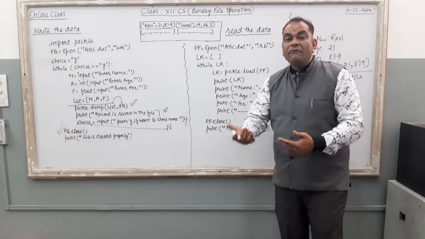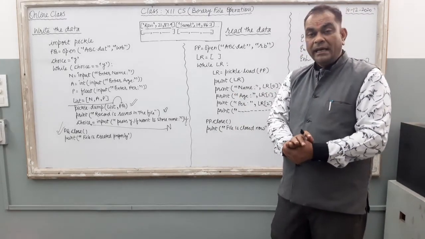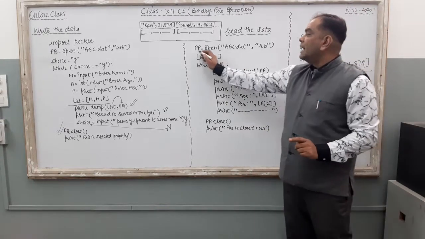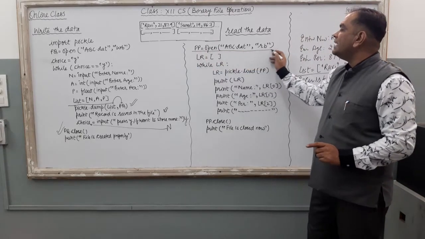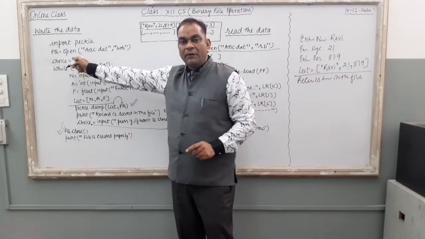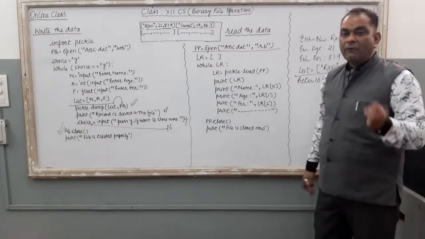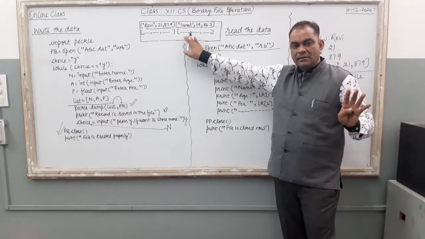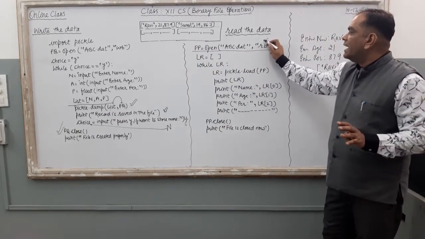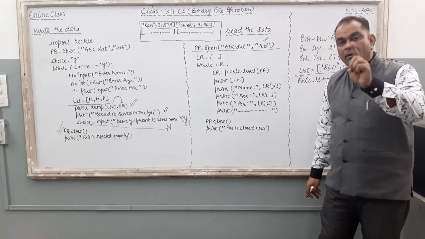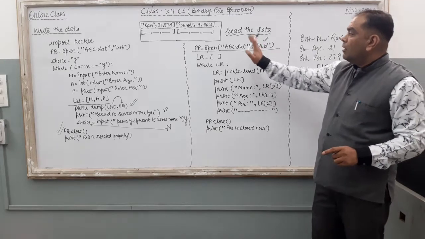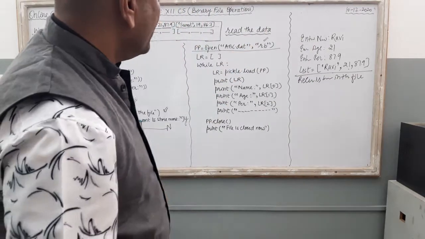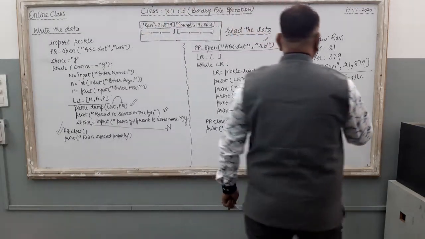Now in the same program we are going to read the data, meaning what is there inside the file. If you want to read a binary file, for that you just create a file handle. Here just see, at this side PQ is the file handle, here PP is the file handle, and we open the abc.dat file. abc.dat is already created inside the hard disk. So we are going to open the file in read mode, rb, read from binary. Done. So the entire file is loaded inside the PP variable in your computer's memory. The whole file has come into the PP variable.